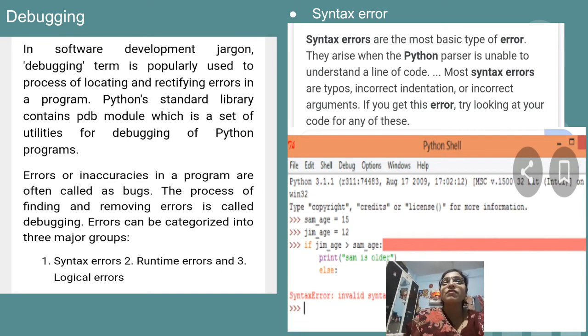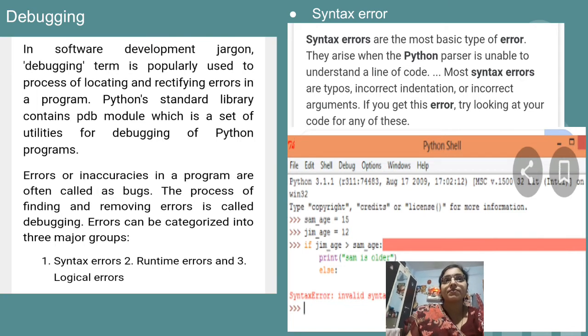On the basis of different errors which occur while we perform debugging, these errors are again classified into three groups. In short, we have three types of errors. First one is syntax error. Syntax error, as we have already seen, exists in all programming languages. If we are considering C language, and we forget to close the curly bracket or round bracket, or forget to give a semicolon, all such errors are syntax errors.